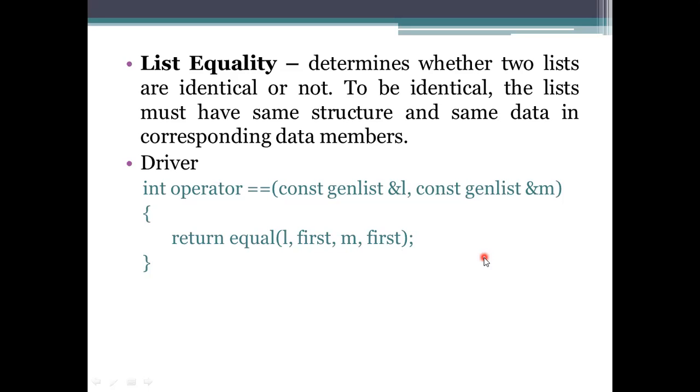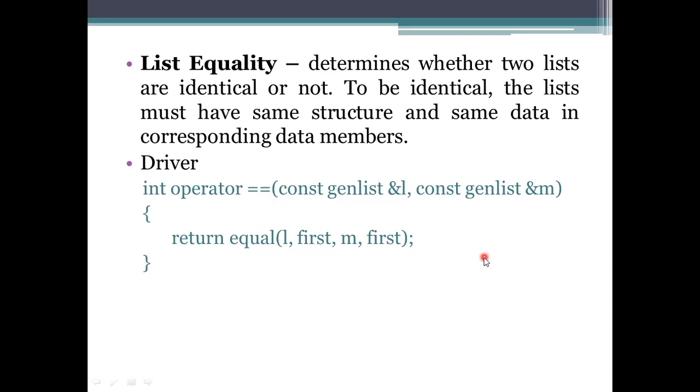List equality means we need to take the equal representations into account. What it is doing is it needs to be provided with the same structure. Meaning the length is 2, the length of the elements is 2 only. What happens here? The length of the elements being 2 doesn't mean we can say that both have the same elements. So what is the structure of that one? If the first element is an atom, then in the second list the first element has to be an atom. If the second element is a list, it should consist of a list here.